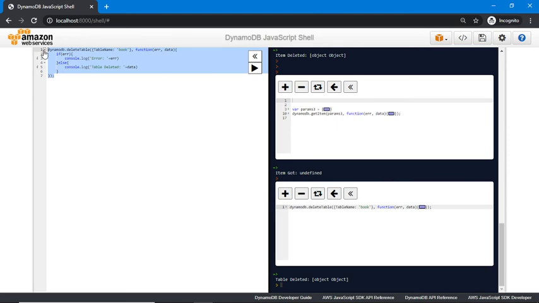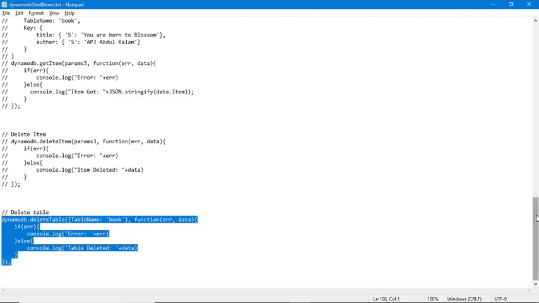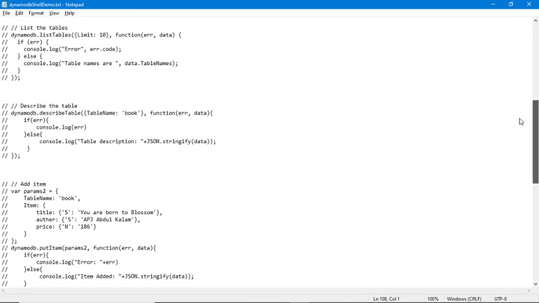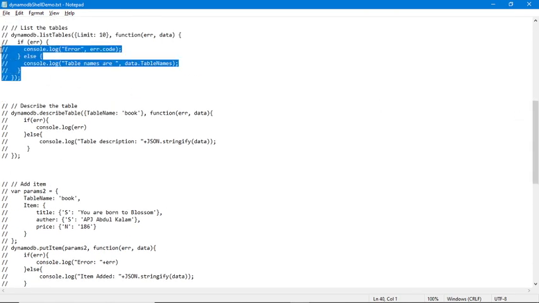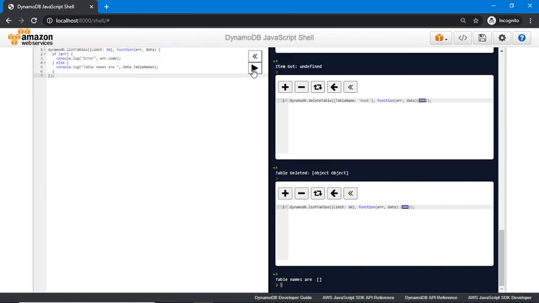I want to confirm whether my table is deleted or not, so I will run my first command that we used before, list table. If the table is deleted, I cannot find it. It is showing me an empty array, which means the table is deleted.